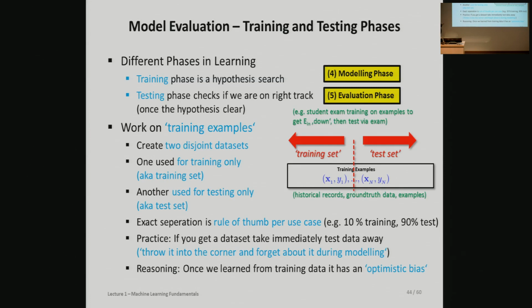Of course, if you're swimming in data, if you have lots of data available, I could recommend this, for instance: use just 10% for training, 90% for test. Then you should be relatively sure that when you deploy your model in practice, it will really work. That means you train on this, create your model, and you verify it on 90% of the data, which would probably be a very, very good, reliable estimate. However, if you're not swimming in data, you will see that this 10% could be too little to train.